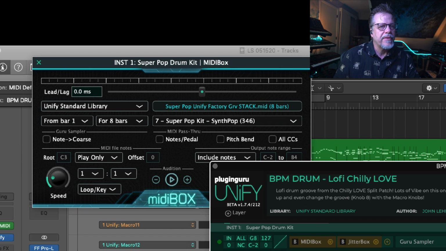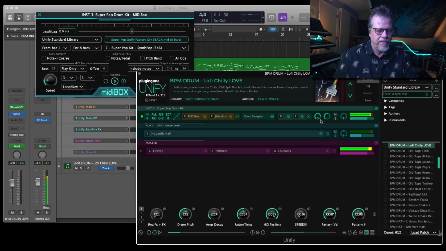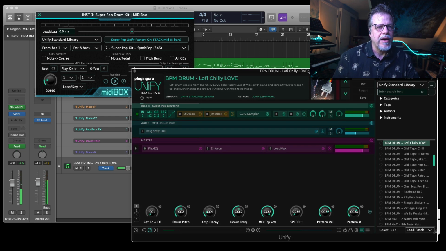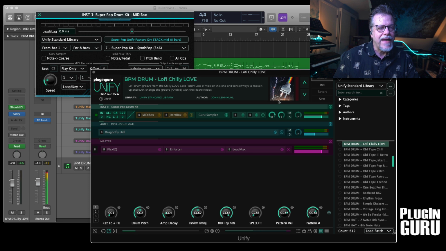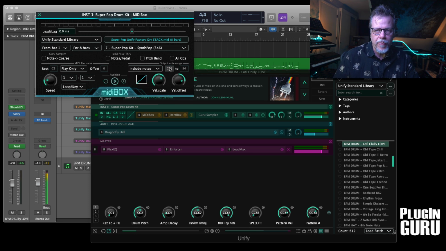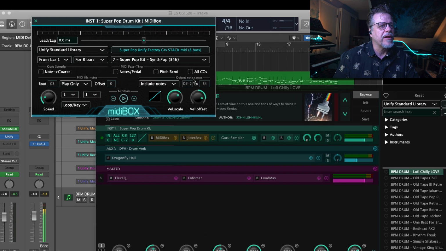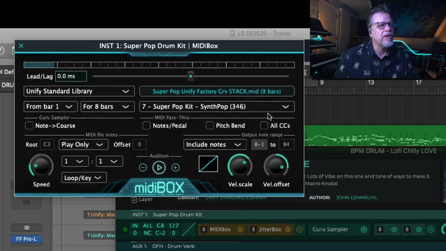This groove is just one layer with effects and stuff, right? The kick, the hi-hats, the snare, they're all going through the same effects. I'm going to break that up, and you won't believe how easy this is to do. I happen to know that the note that equals the snare is G#1. So if I move the low note, and I'll play while I move this up, bring the low note up. I've passed where the kick drum is. It's gone. If I bring this down to G#1,